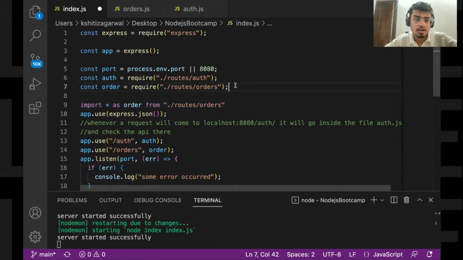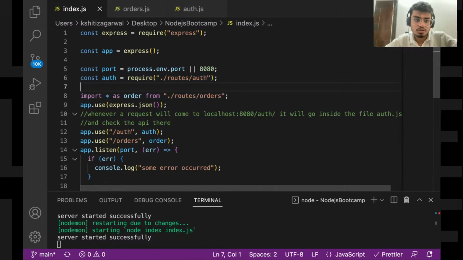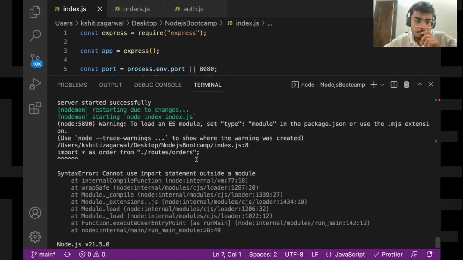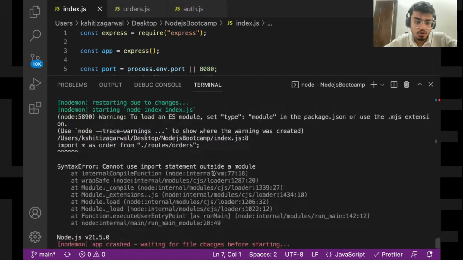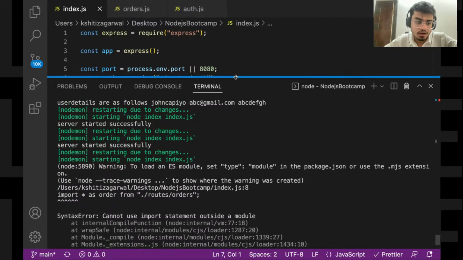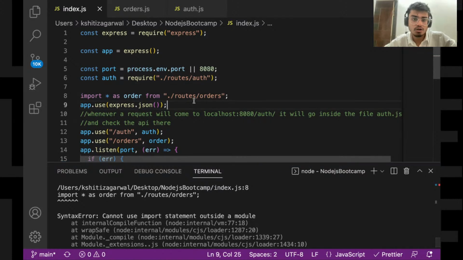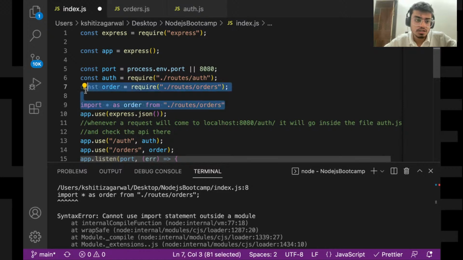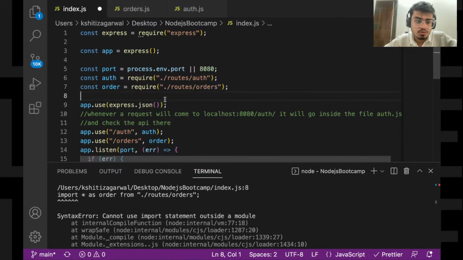So let me try. It will clear it for you guys. No, I think some issue. Okay, so it says cannot use import statement outside a module. So maybe we cannot use it. I'm not very sure. I'll check this. You guys also check this because I haven't actually tried it. But it should have worked.